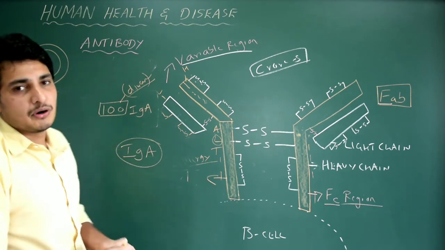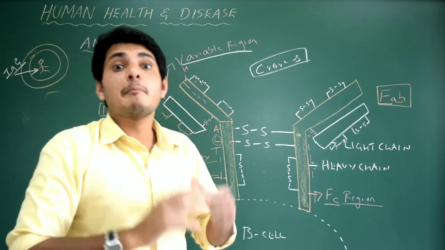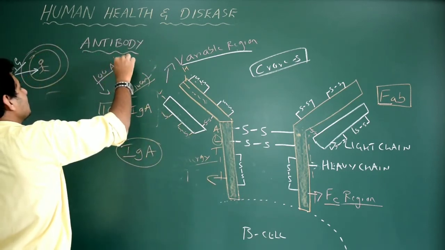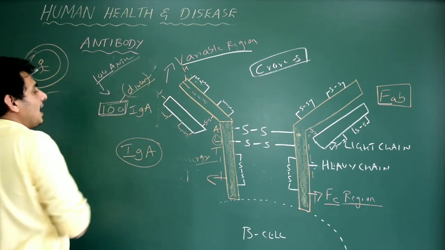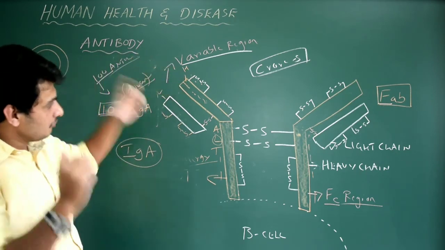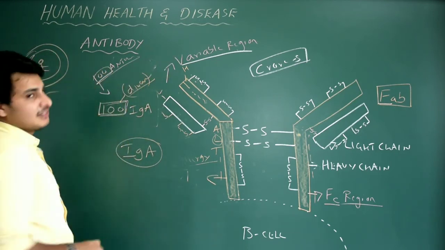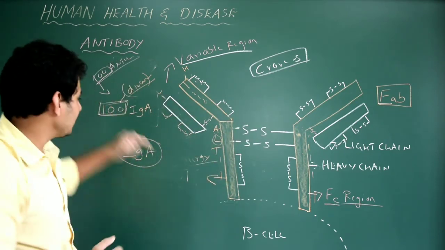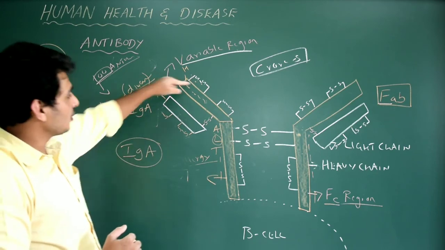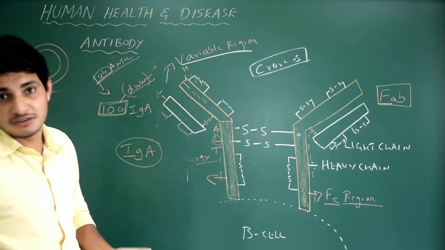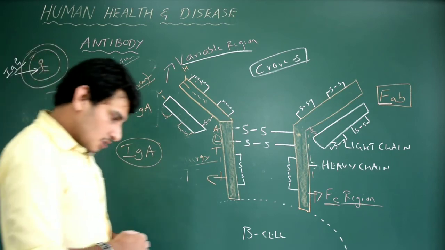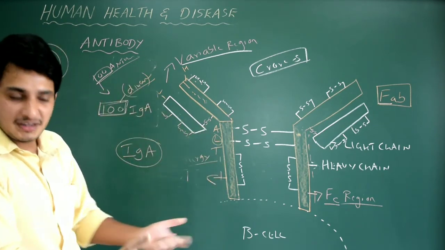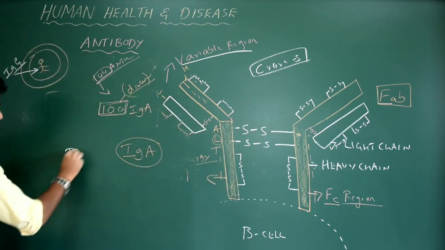What is the meaning of diversity? In the same antibody, diversity is nothing but that it can recognize multiple antigens. For example, if 100 antigens enter into my body, I have got 100 IgA. Because of its diversity in the variable region, it can encounter all the 100. That means IgA type 1, IgA type 2, how many types are there? 100 types are there. Why 100 types? Because of the 100 types of variable region. Hope you got it. So they are very specific. Normally the variable region varies from me, you, or person to person. So it is also a type of biological marker.